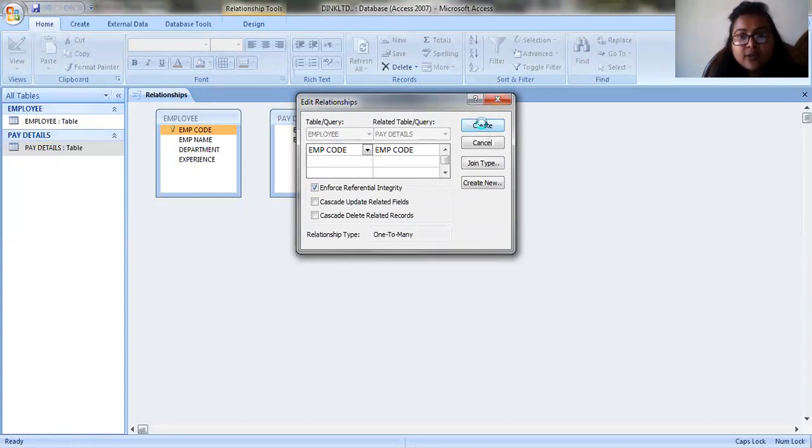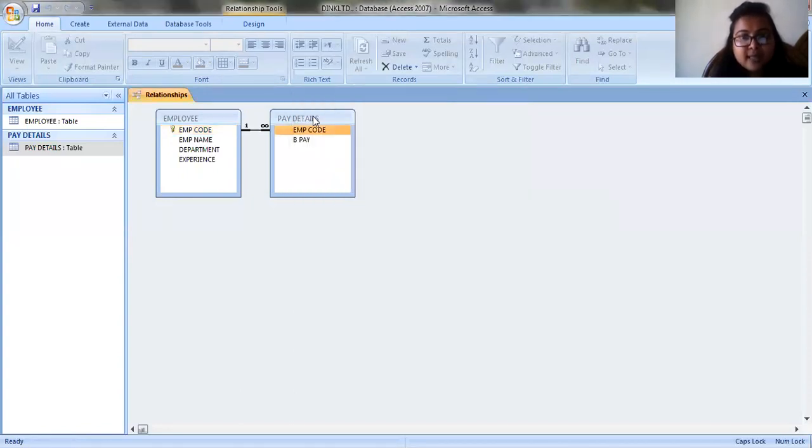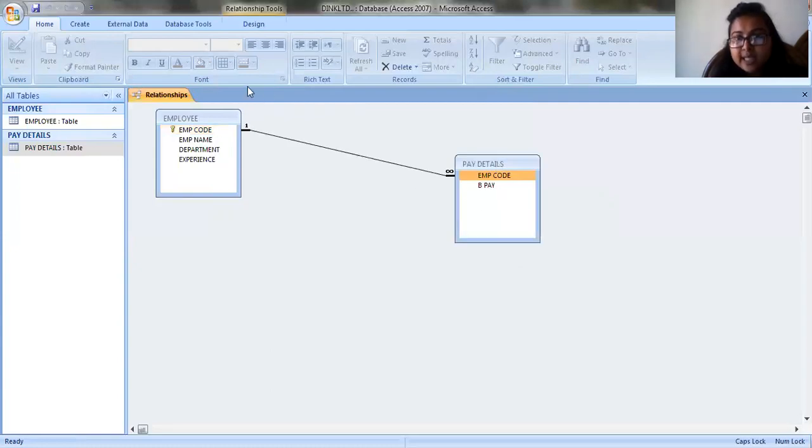Now I'll click on create, and you can see this particular line which denotes a one-to-many relationship. That means through employee code, you can have the relationship between these two tables. That means through employee code, you can get to know which employee has which basic pay.